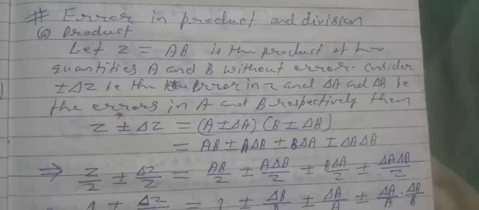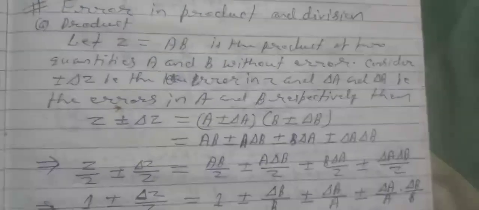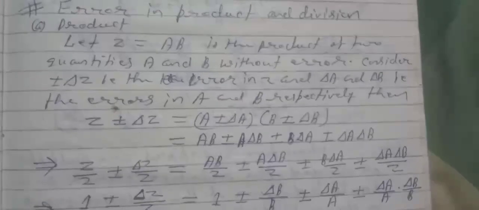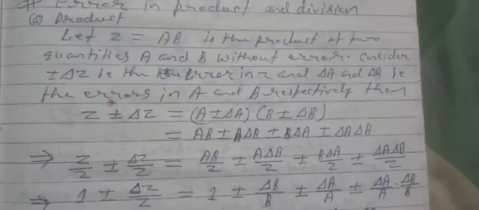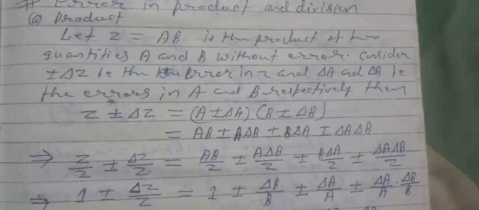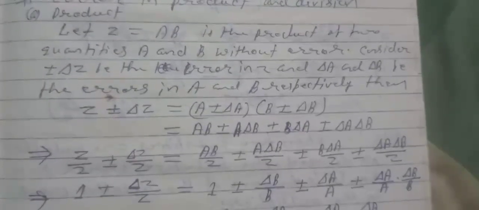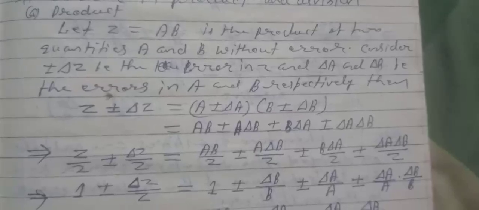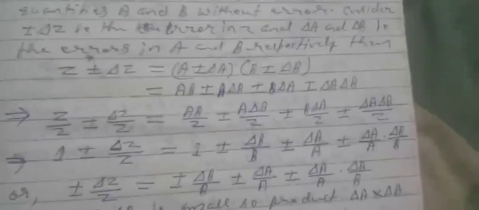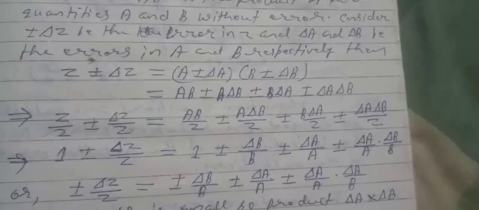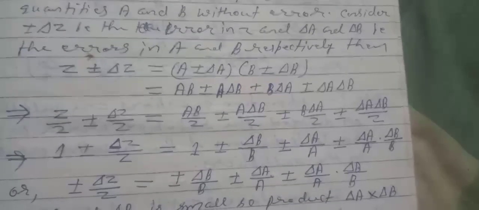Error in product and division. A product: let z equals a into b, the product of two quantities a and b without error. Consider plus minus delta z as the error in z, and delta a and delta b as the errors in a and b respectively. Then z plus minus delta z equals (a plus minus delta a) into (b plus minus delta b)